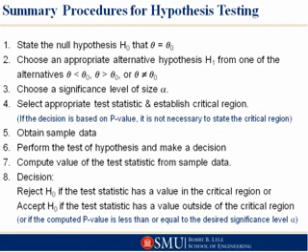You choose your level of significance, or significance level, alpha, and then you select the appropriate test statistic and establish the critical region. Now, if the decision is based on a p-value, it isn't necessary to decide what this critical region is. So again, you would, depending on the nature of the test that you're running, and again, we'll look at this in class,